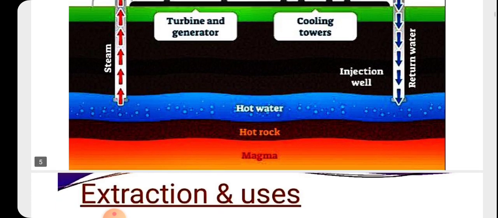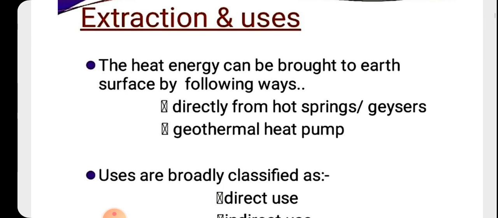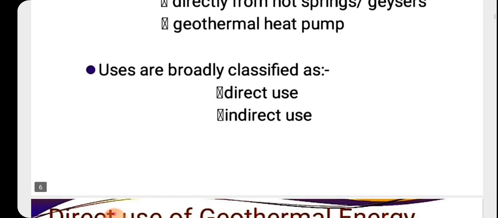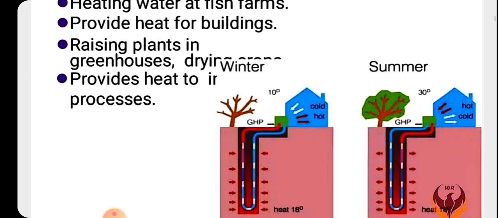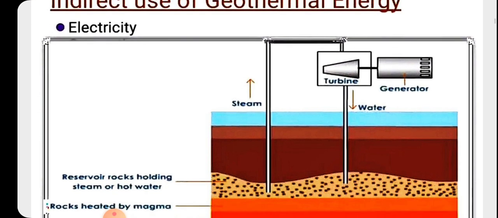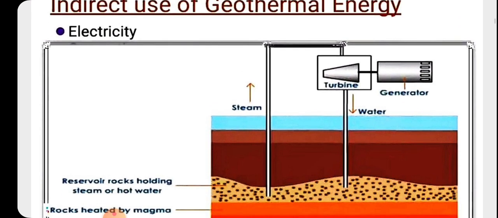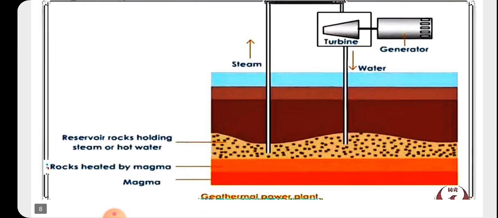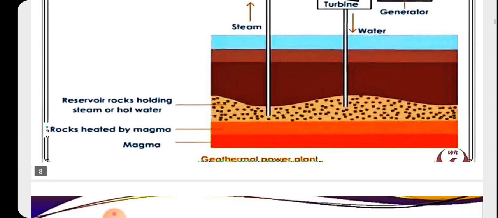So basically, this is used for direct and indirect methods. If we are using the direct method, then we can convert steam directly for moving the turbine and generate electricity according to Faraday's law. As we know, whenever a conductor cuts magnetic flux, EMF is induced, and the turbine is used to rotate the shaft of the generator, and it produces electricity.